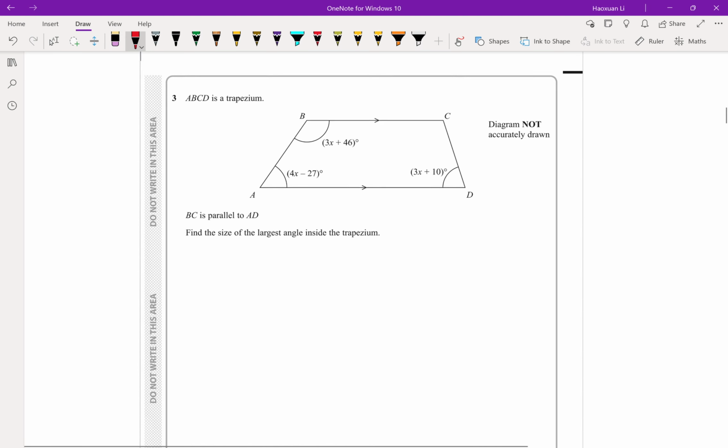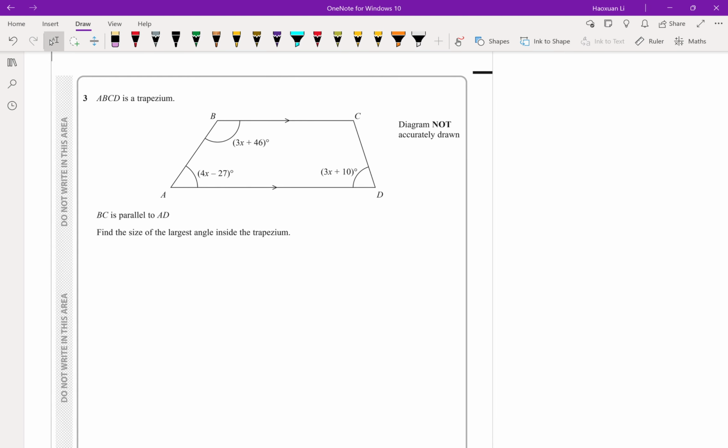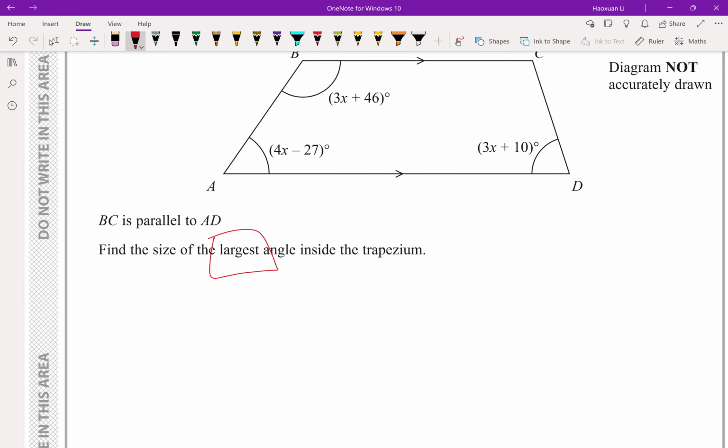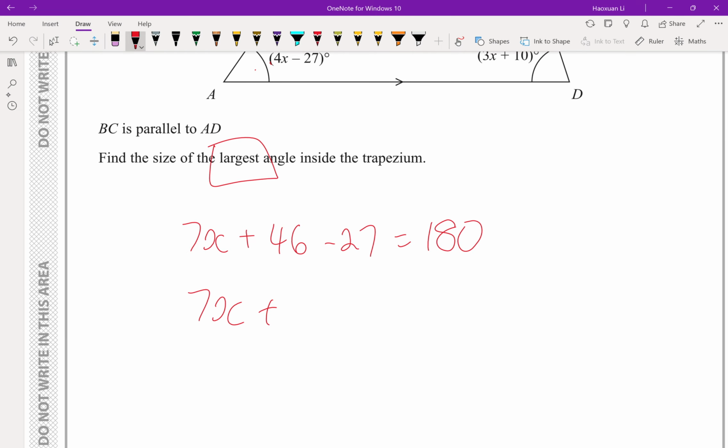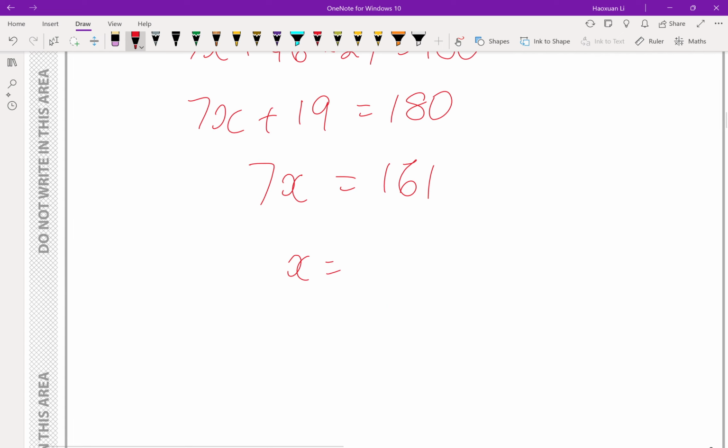Now question 3. So this is a trapezium. BC is parallel to AD. You need to find the largest angle inside the trapezium. So bear in mind that these 2 angles add up to 180 because of the straight line across it, so this is by the angle rule. So 7x, if we just add them together, plus 46 minus 27 equal to 180. Simplification would give you 7x plus 9 equal to 180. So 161 equal to 7x. Then x would be